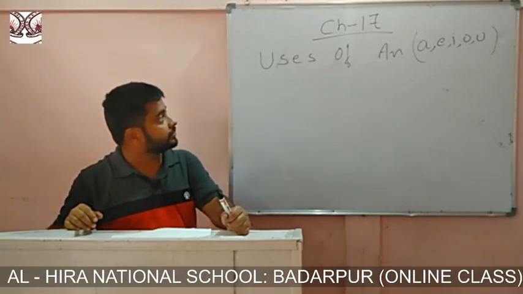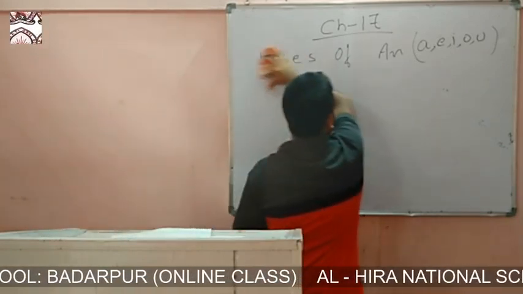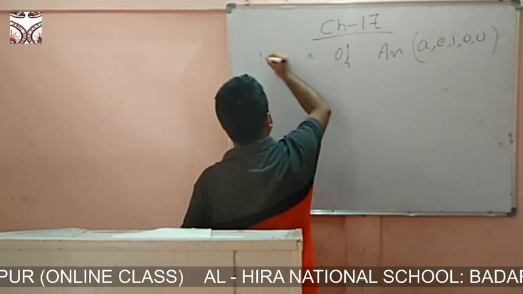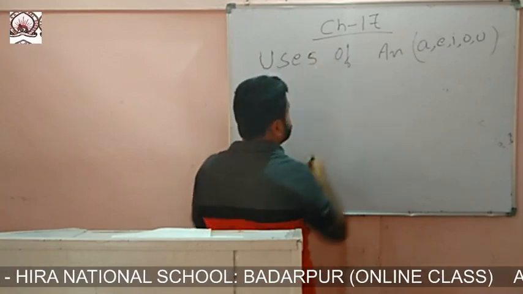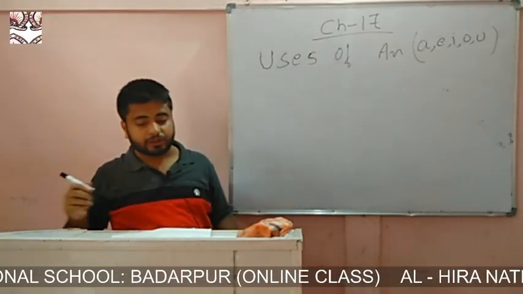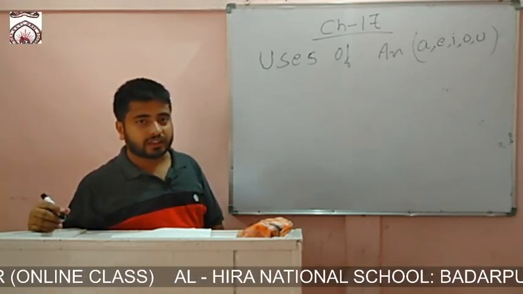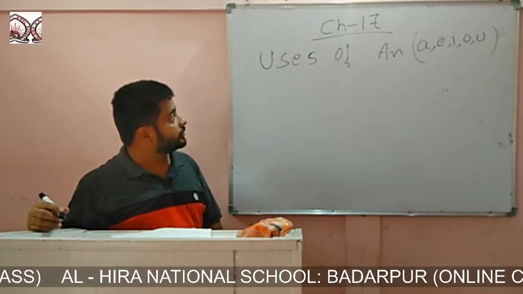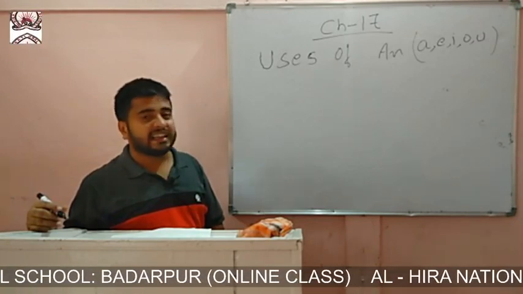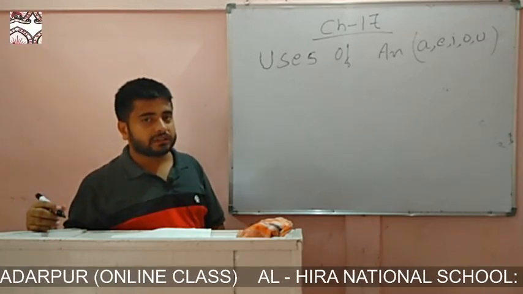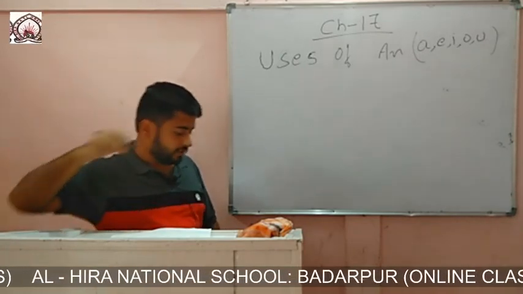Then there is another condition where we will use "an" at the beginning. I have discussed one condition of "an". Now I'll discuss another condition. This condition is that we will use "an" when we get a word with a silent h. If the word starts with a silent h, then we will use "an" before the word. For example,